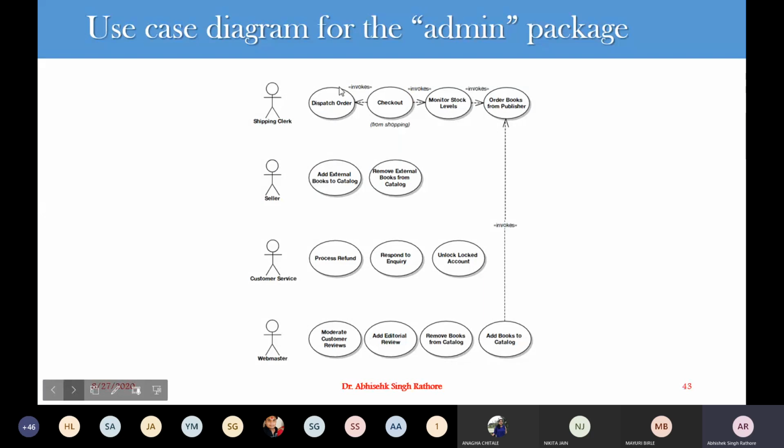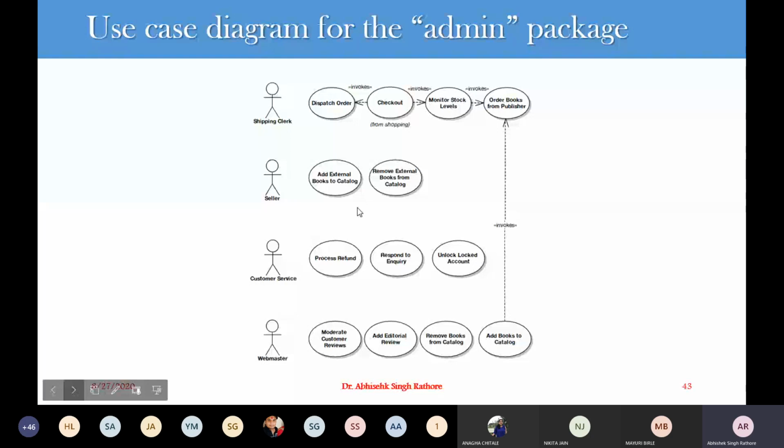In addition to that, a seller can add external books to his catalog, or he can remove books from the catalog. We don't want to put any relationship in between these use cases. So there is just an association relationship from the seller to add external books to catalog, and one association to remove external books from catalog.